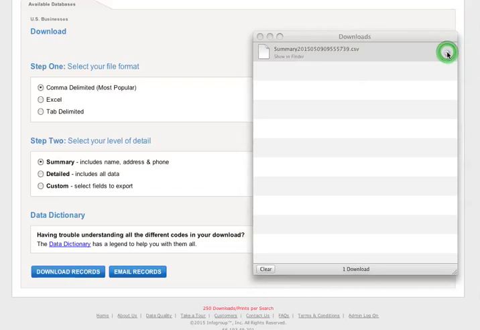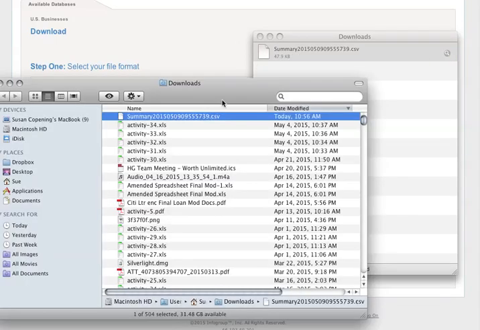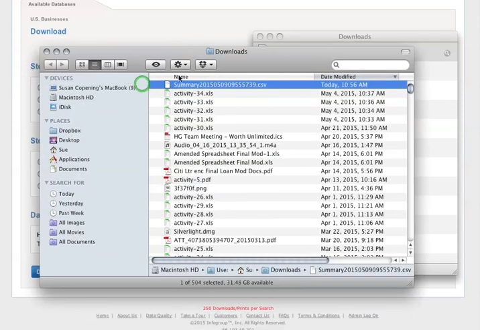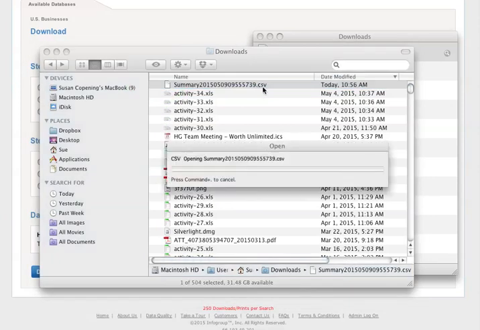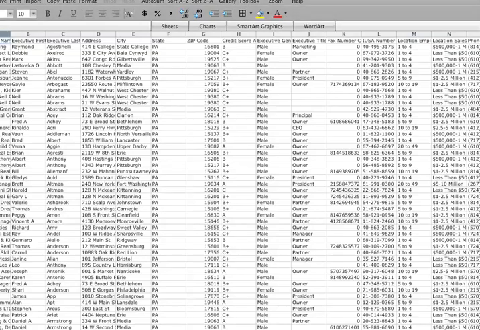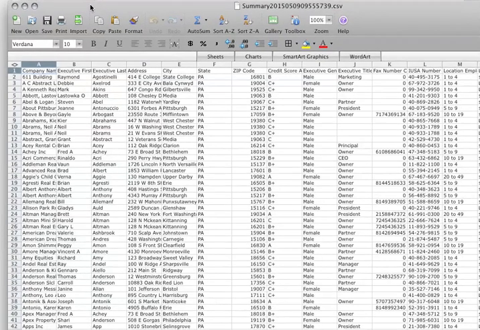Now, as you can see here, I have downloaded records from the Reference USA database, and I have downloaded them as a CSV file, but that will convert to an Excel spreadsheet automatically when I go to click on it and open it up. Now, if you don't have an Excel spreadsheet program, a CSV file will convert into whatever spreadsheet program you have